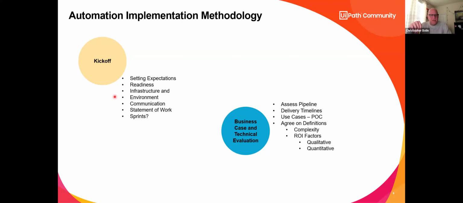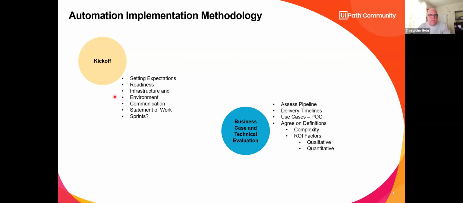You need to set those expectations very early on, very concretely, and they can change as your automation program evolves, but they still need to be clear and agreed upon. You don't want any surprises where someone comes and says, well, that's not what we expected. Now they're disappointed in you, in your efforts, in the whole idea of UiPath RPA or any other RPA program.